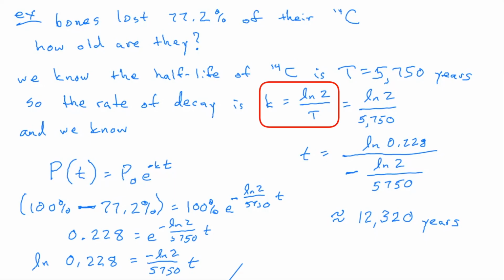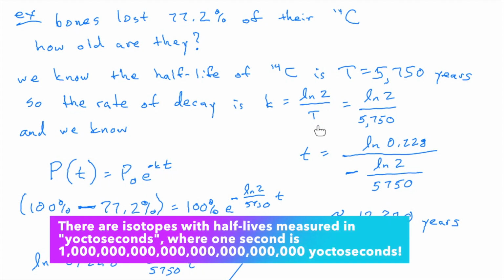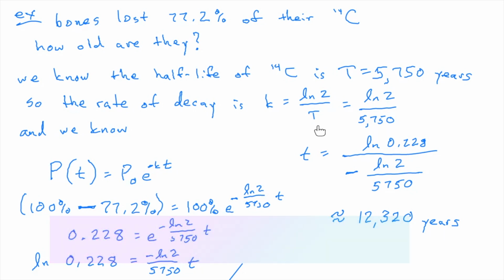Think of this half-life formula. If you have a very long half-life, so the stuff stays around for a long, long time, then you're dividing by a large number, and that means you have a pretty small rate of decay. And if you have a very short half-life, you have a very high rate of decay. And some things have half-lives in the microseconds. I mean, crazy, crazy fast things that last for a split second. You blink your eye and your stuff is gone. It's decayed into something else.